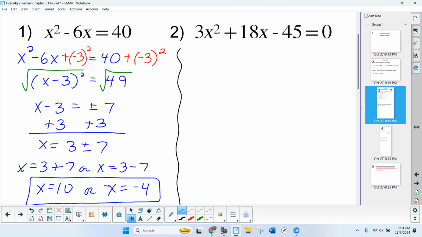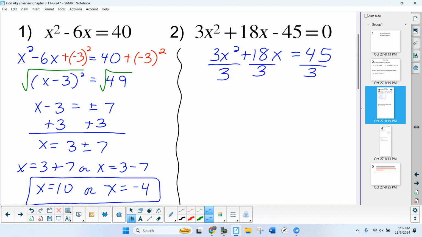Problem number 2. Step 1, x is on one side, constant on the other. What do I have to do for step 1? Add the 45. Now, you cannot take half of 18 because a is not what? 1. You are not going to factor 3 out. Okay, you're going to do what? Because I have an equation where I have a number over there, what can I do? Divide everything by 3. That's a legal move. When I do, what do I have left? x squared plus